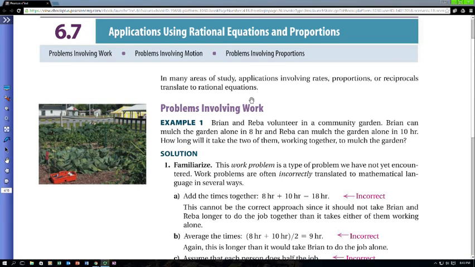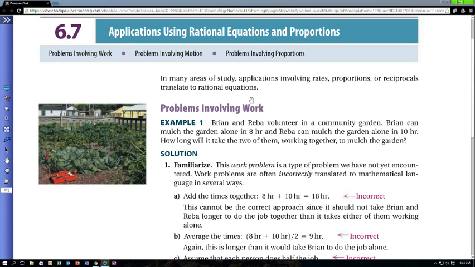Chapter 6, Section 7. There are three main types of applications we're going to look at using these rational equations and proportions. The first one is problems involving work. Let's go at this example. We'll derive what we're going to use for a strategy and how to write equations for this,